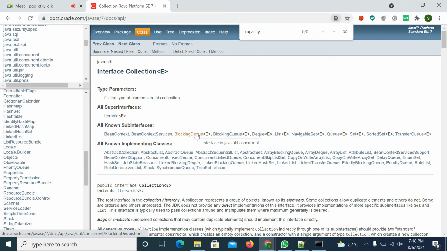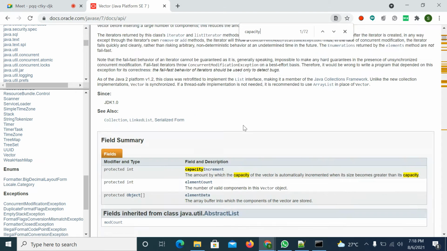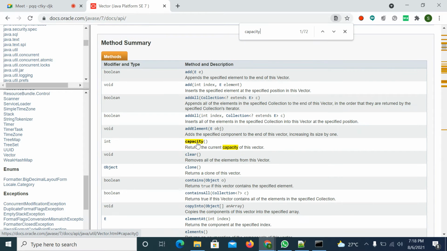To explain this we actually require capacity. If you take the vector class, it has a capacity method. What is the purpose of the capacity method? To verify the initial capacity. Once you reach the initial capacity, it will automatically increase the size. In case of vector, it will be doubled. So we added some elements, and once we reached the limit, the size was doubled, and we verified it with the capacity method.